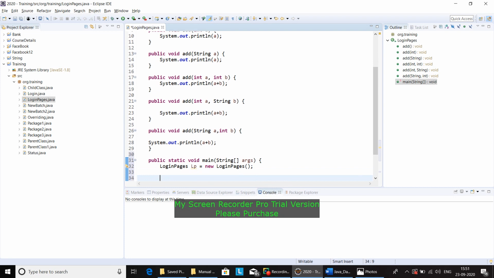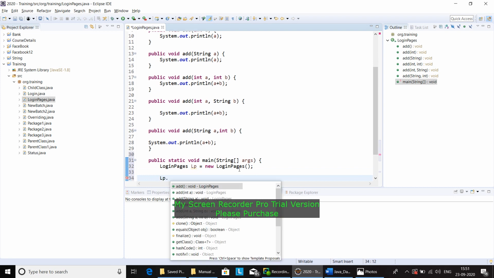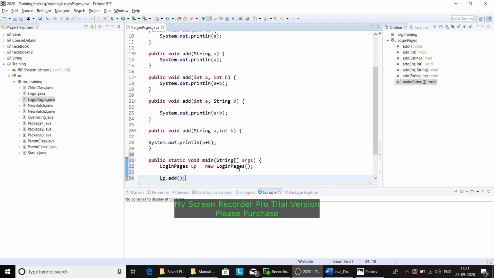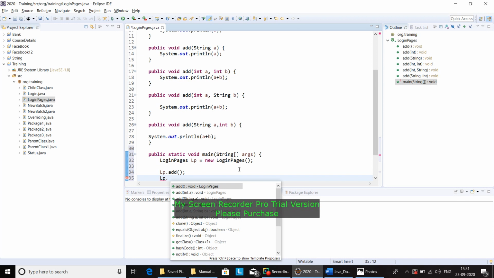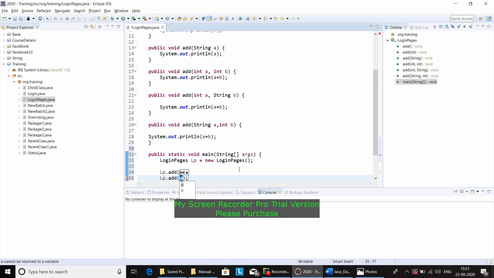Now I'm going to call the methods. LP, first we created a method called add, it is showing here. Then we created a method called add with int a. Inside this, we will have to pass some values to get the output.